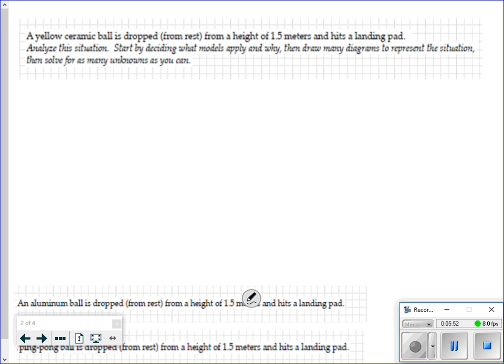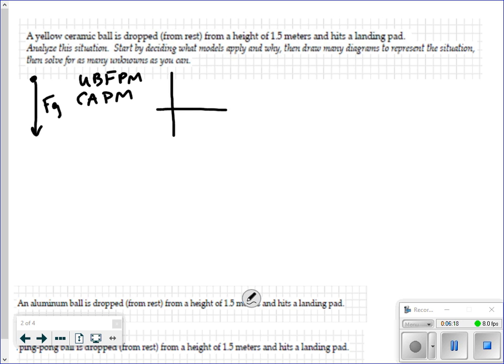Okay, so what we've got here is the yellow ceramic ball. Decide what models apply and why. All right, well, I know that this ball is going to be falling down under the influence of gravity, which tells me I have an unbalanced force and a constant acceleration particle model. That would be my model. And if I wanted to draw some diagrams to go along with that, all right, a position time graph, velocity time graph,